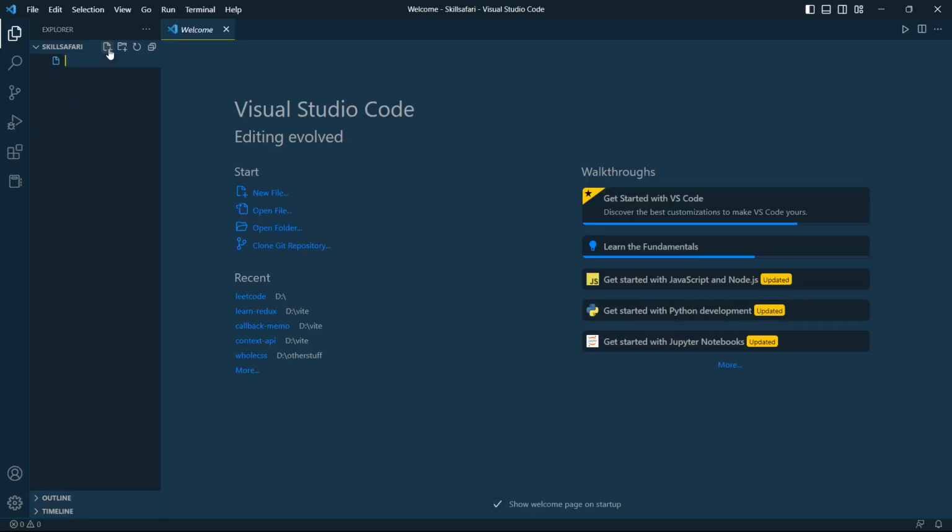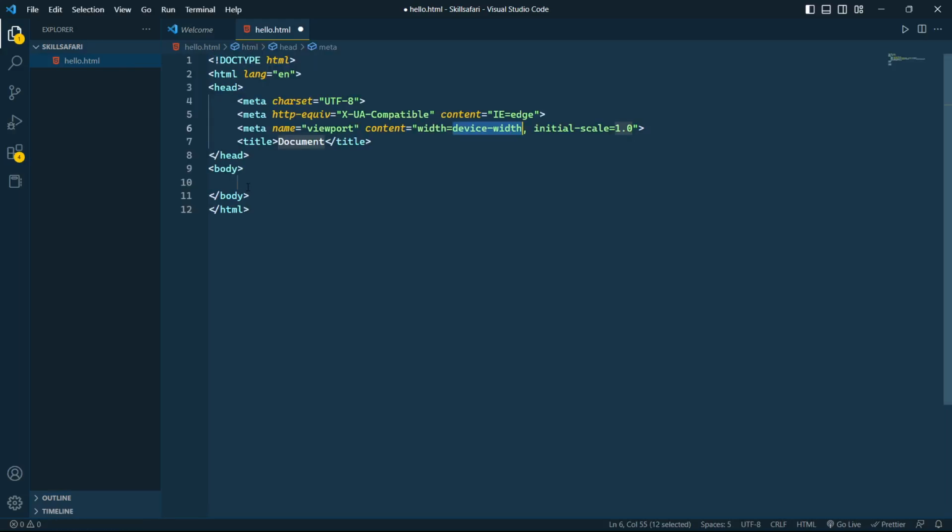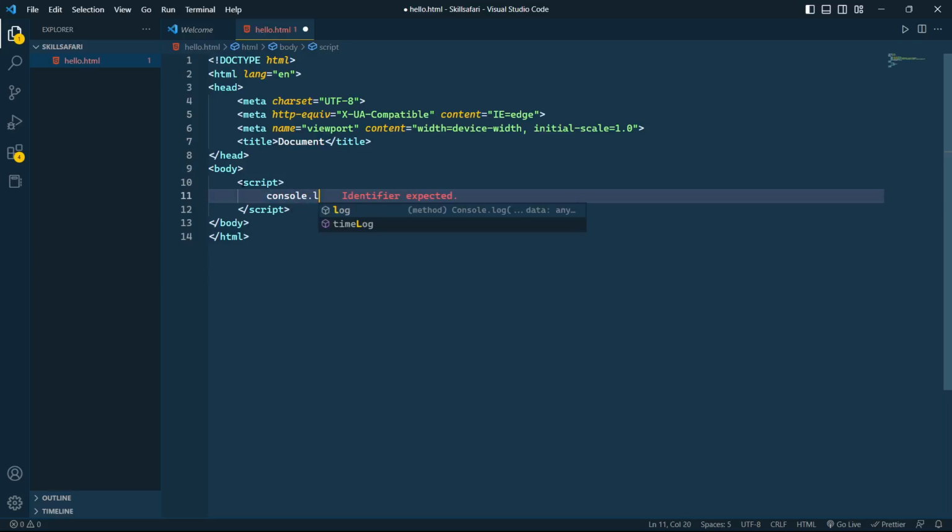Let's name this file hello.html. I'm doing this because I want to show you. Let's write a script. I'm taking just one example here, writing console.log, and in my first example I'm simply printing hello world.